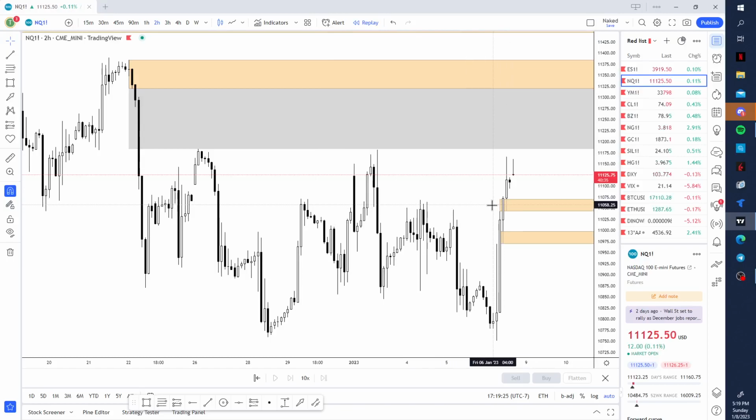And I think this would be a great play to long all the way up into this zone, because I think it looks like we're getting ready to fill this price right here. If we look on the